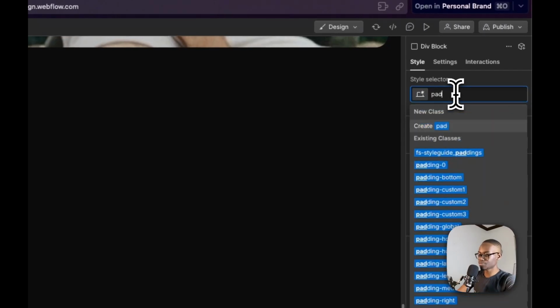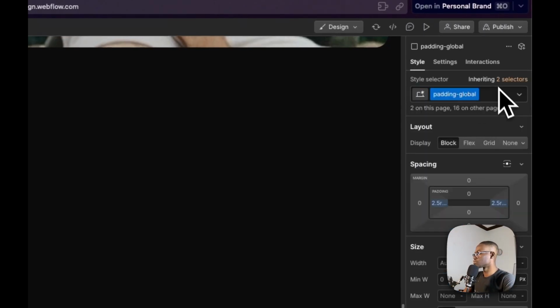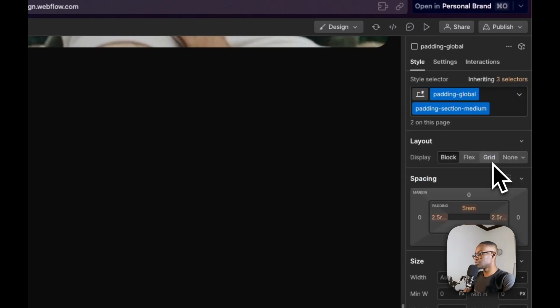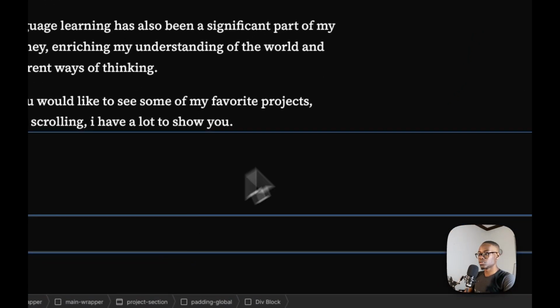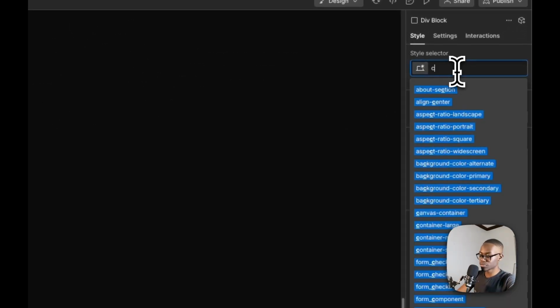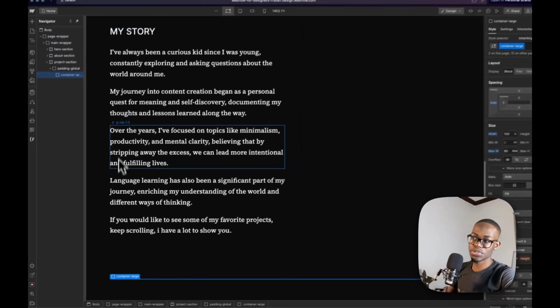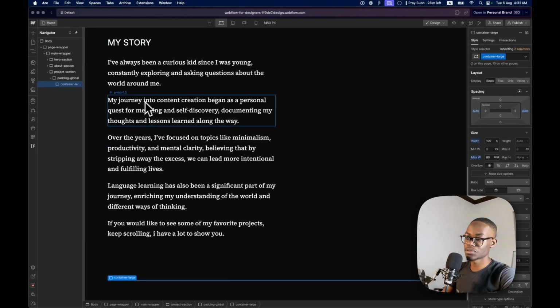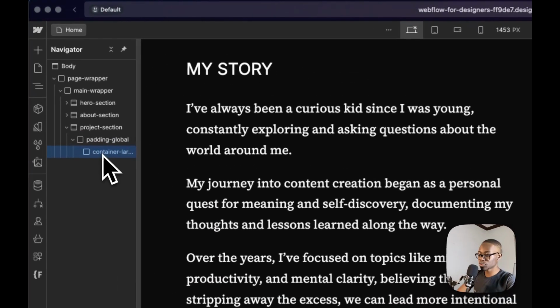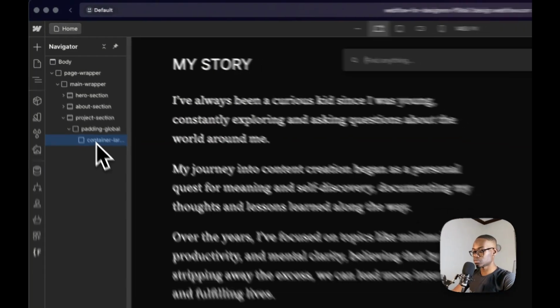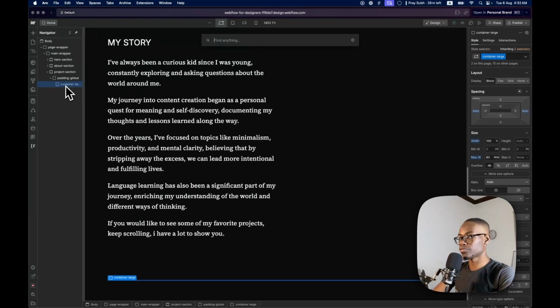The first div is here. Let's call it padding global. Padding section medium. That's one. Second div is a container large. Yeah, that container, that's what we use at that time, so you can see basically lining up there. What next? We're going to use project wrap, div,